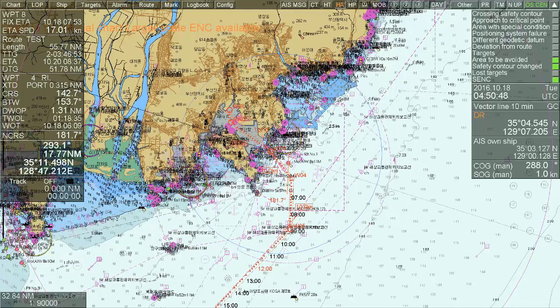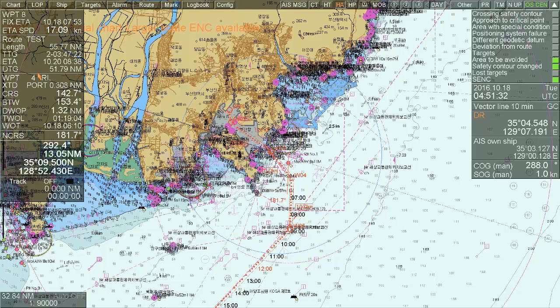And here, the second sector: the first one is the name of the route, I named it task, and the total length is 55 nautical miles. The total time to go takes 2 days, 3 hours, 47 minutes, and ETA, the estimated time of arrival, is 20 October 8:38. That's my ETA. And ETG is the distance to go from present location that you have to navigate,